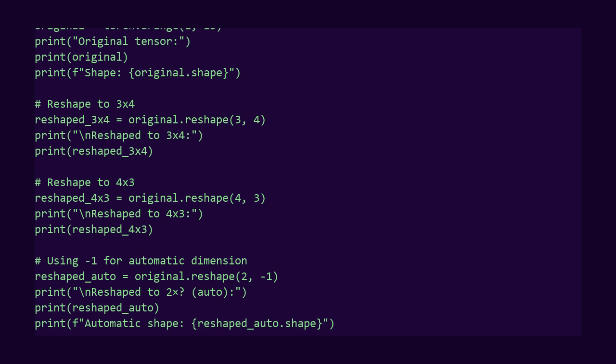This tells PyTorch to figure out that dimension automatically. When I say reshape to 2 by -1, PyTorch calculates, we have 12 elements and 2 rows, so it must be 6 columns. This gives us a 2 by 6 matrix. This automatic calculation is super helpful when you don't know the exact size but you know one dimension.